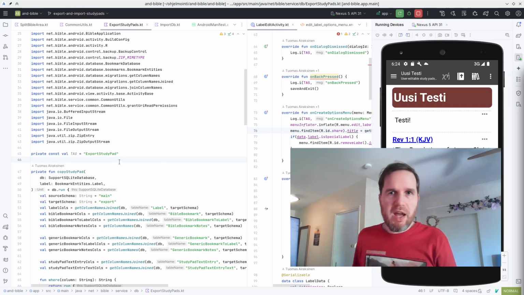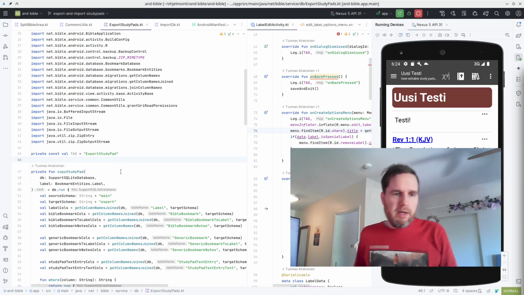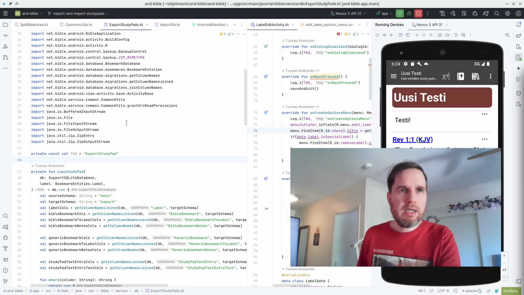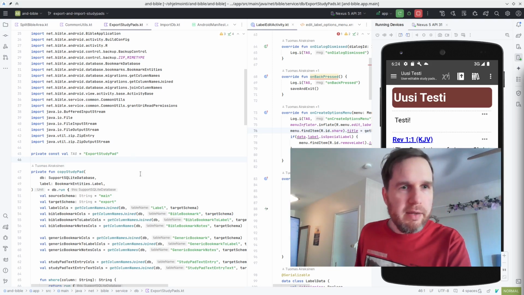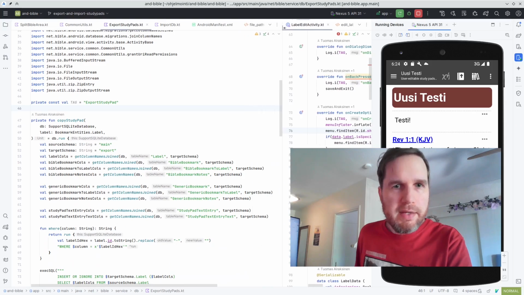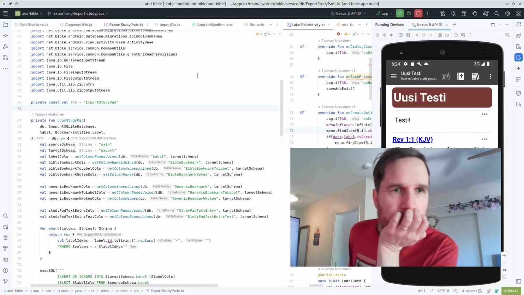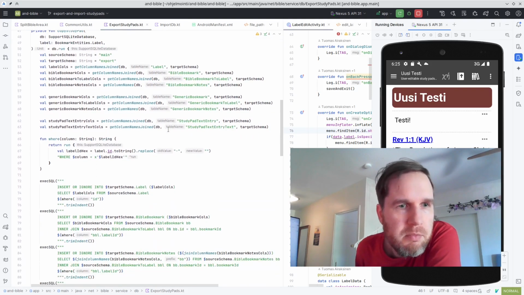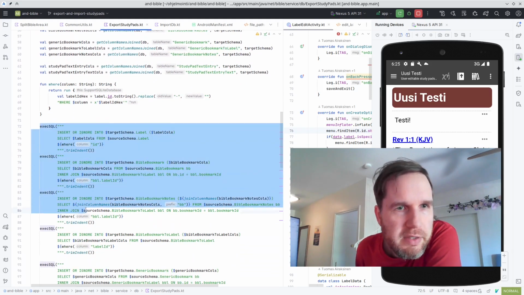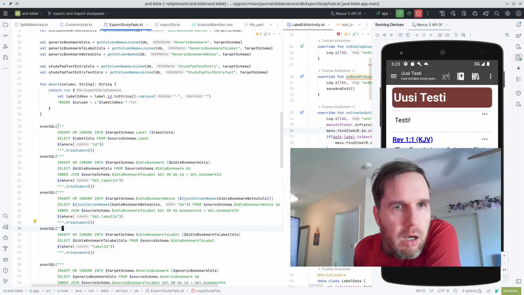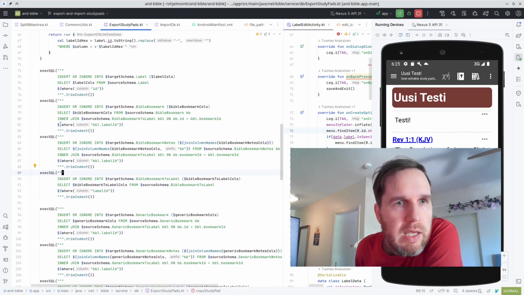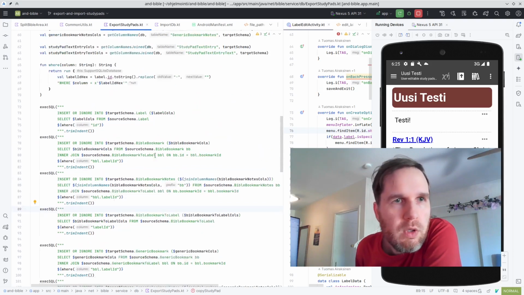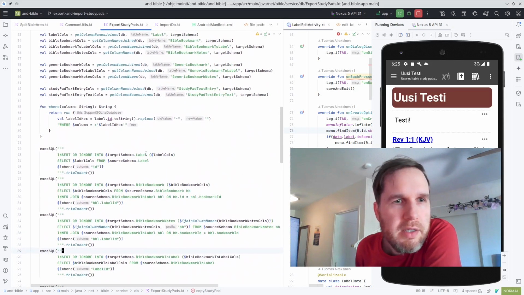Because of this Google Drive synchronized feature, all entities have unique IDs, so I can just go ahead and use those IDs. I'm doing a couple of queries where I'm inserting those entities into another database,